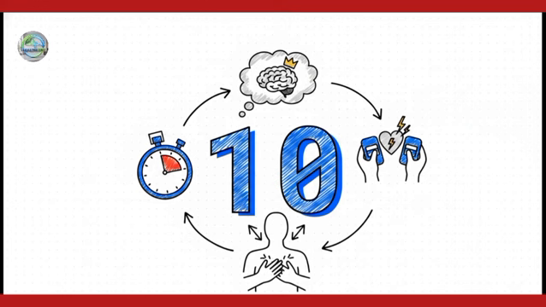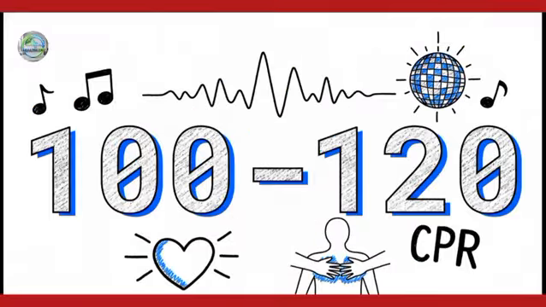I want you to literally stamp this magic number into your brain, 10. You only have 10 seconds maximum to assess a patient or interrupt your chest compressions. Whether you're pausing to give rescue breaths or to apply an AED, the absolute goal is to have your hands right back on that chest, pumping blood in less than 10 seconds. No exceptions. And when you're actually doing those compressions, your rate needs to be strictly between 100 and 120 beats